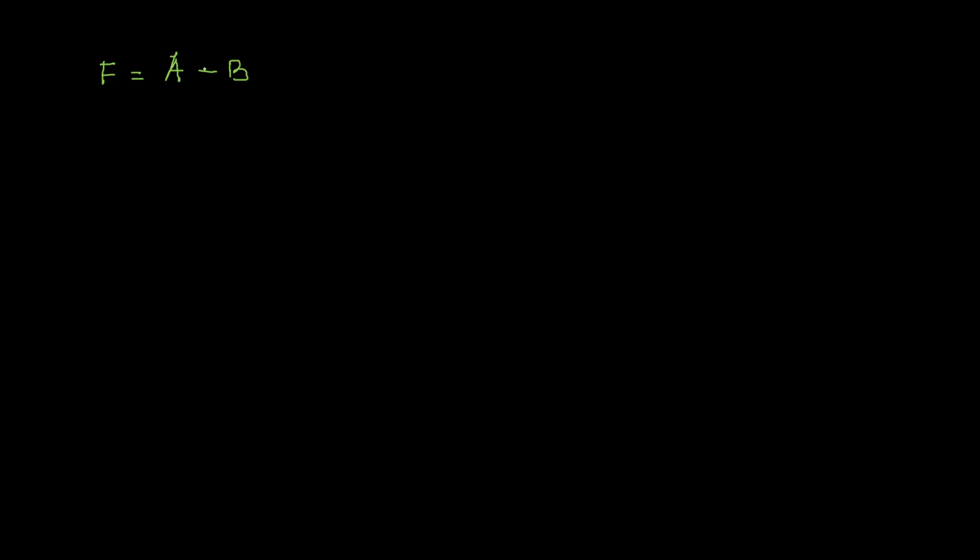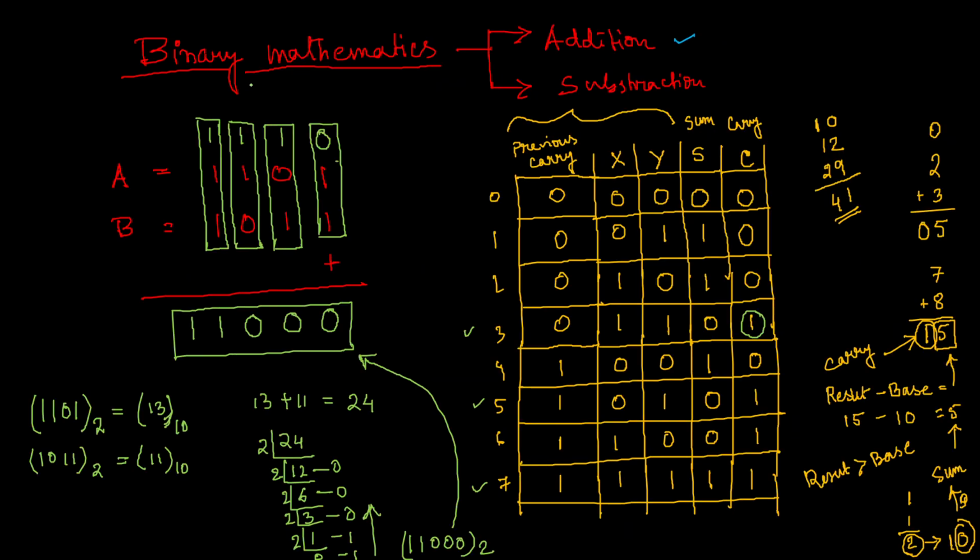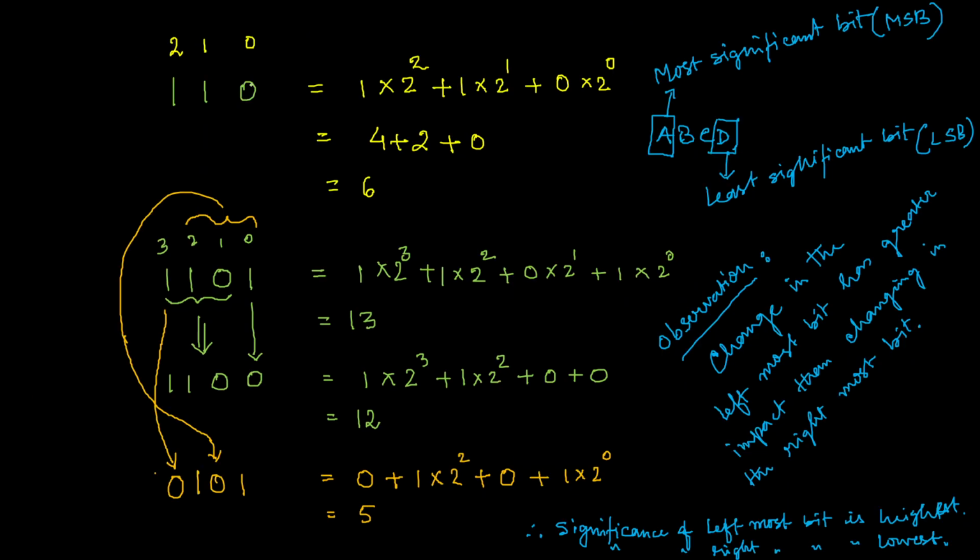When computer scientists realized that they must have some electronic circuit that can subtract two numbers, at that time they didn't have any subtractor circuit at that moment. They had an adder circuit which can add two binary numbers, following the rule that we have seen. But then what to do? How can we do the subtraction in place of addition?